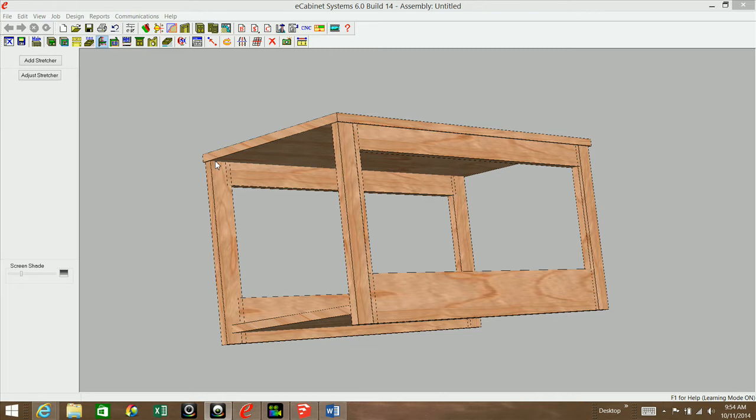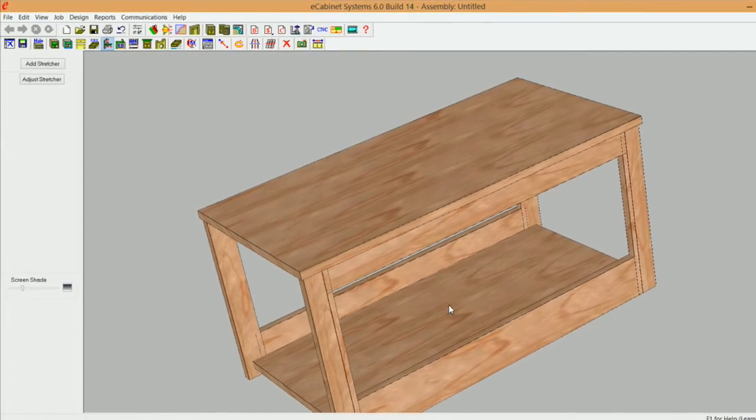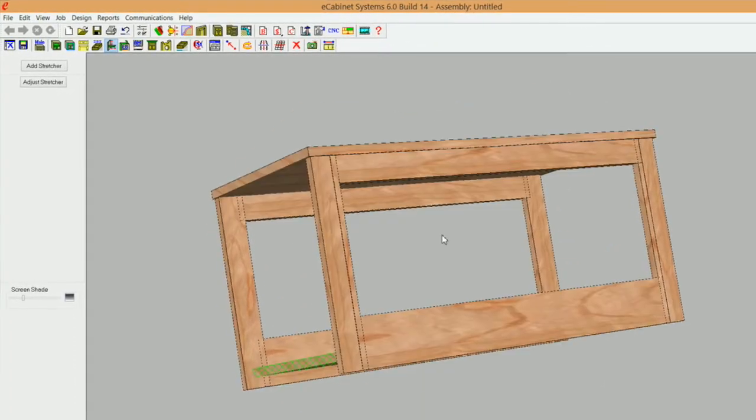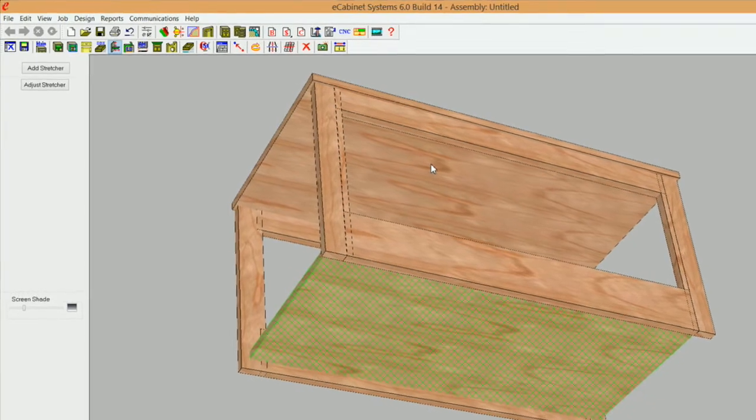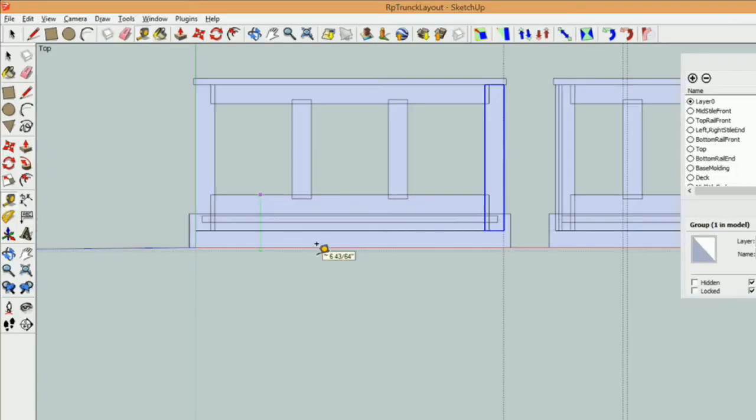So now we need to put in our left and right ends, and I'm going to start by putting in our styles just like we did on the front here. So I'm going to click on the deck first, then the top, and let's see, if we go back into SketchUp here, we can look at our left and right ends right here. Pan over,